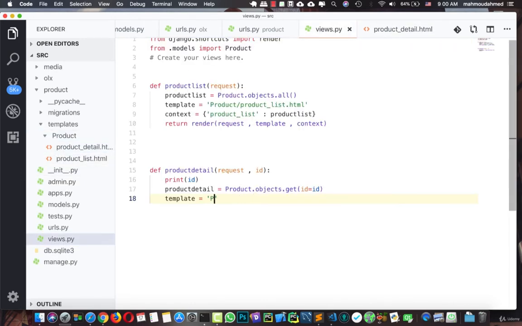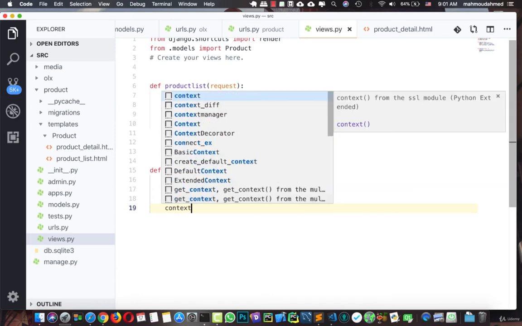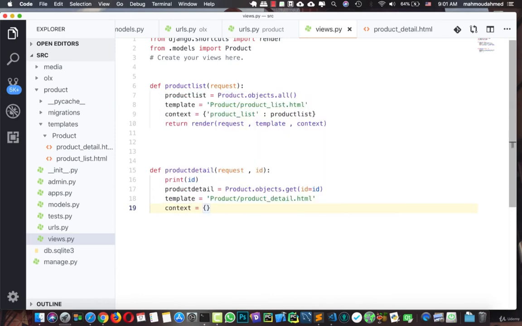So I'm going to say product/product_detail.html, and for the context we're going to say that product detail is our product detail that we retrieved,